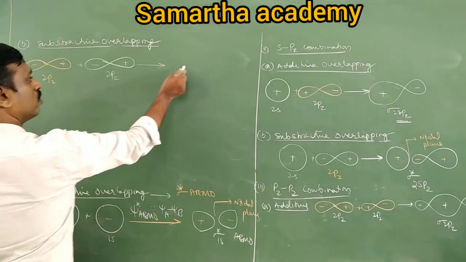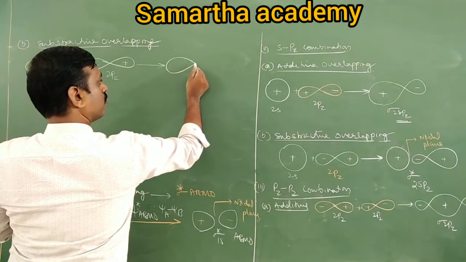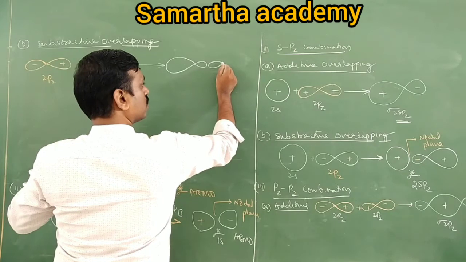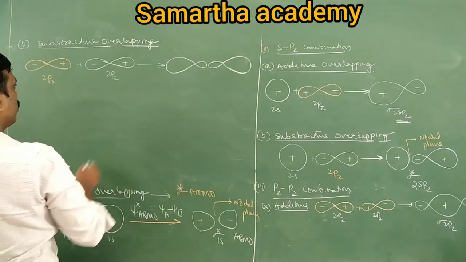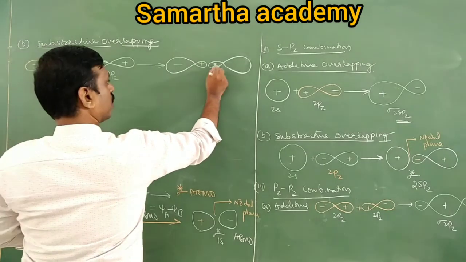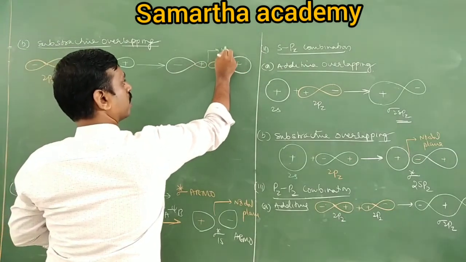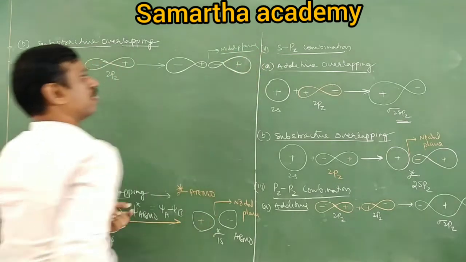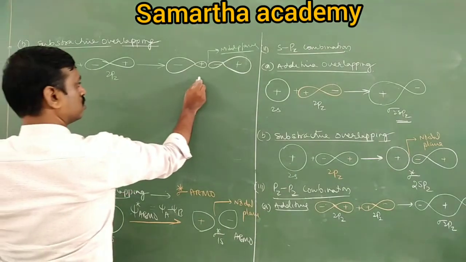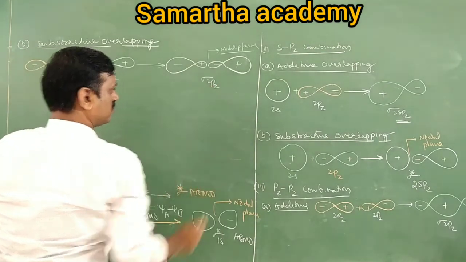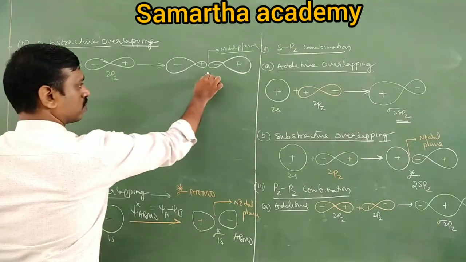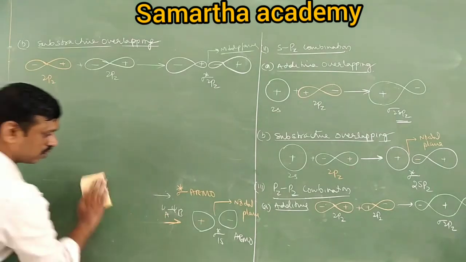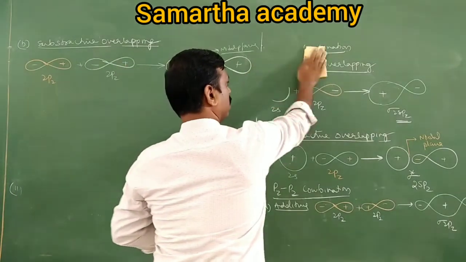This lobe becomes larger, this lobe smaller. Here, this lobe also becomes smaller, another lobe is the bigger one. So therefore, negative, positive, negative, positive. This is a nodal plane. So this is, tell me, sigma 2pz. Sorry, sigma star. That is sigma. Okay, all these are sigma molecular orbitals.